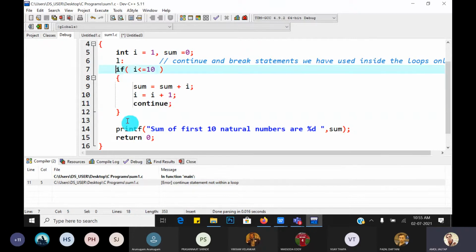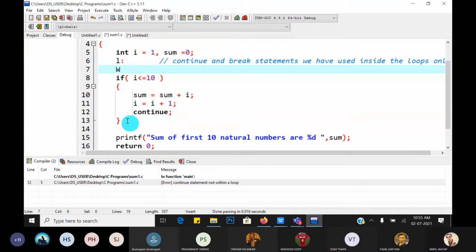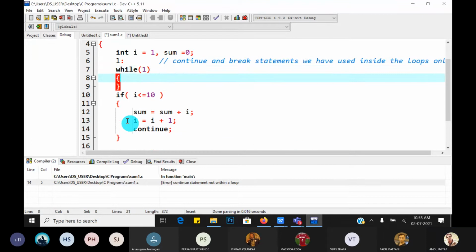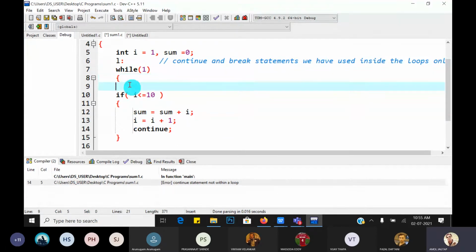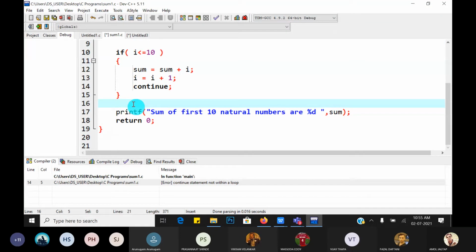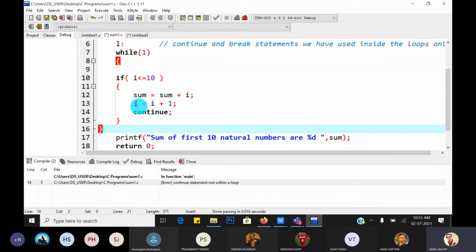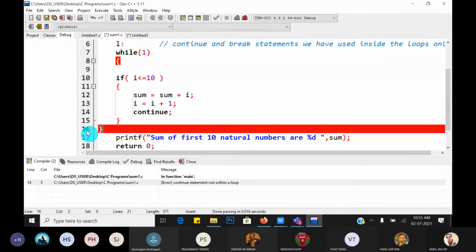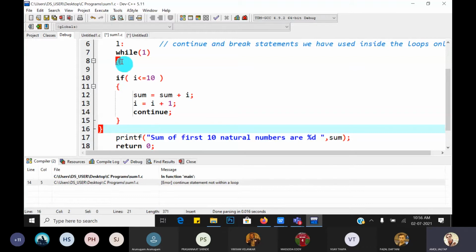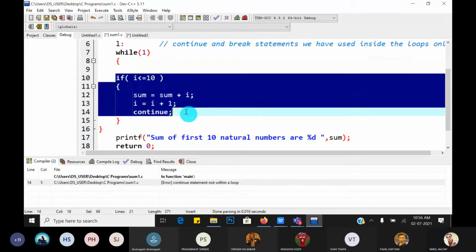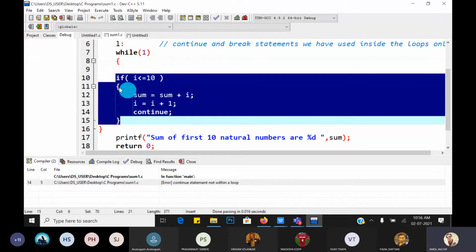Guys, but one thing. Suppose while one, what I have to do is nest this branching statement inside the while loop.